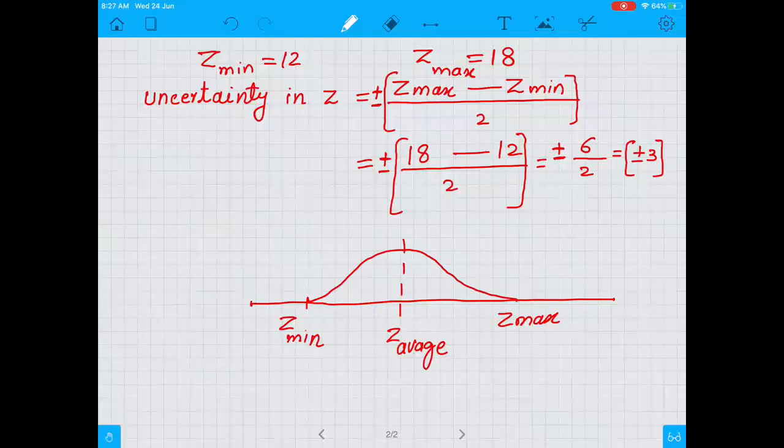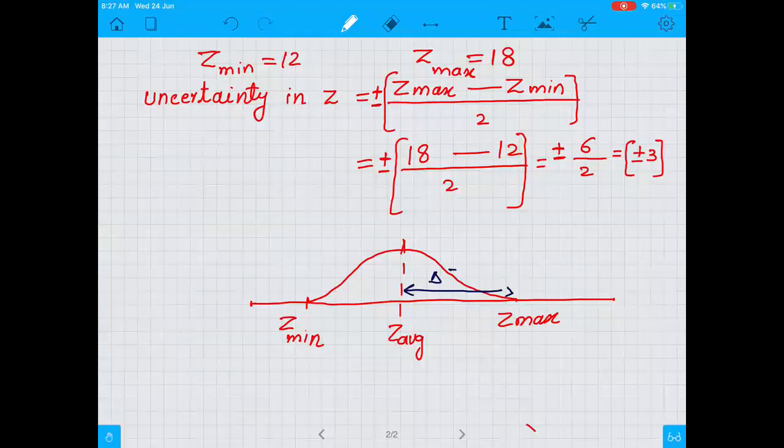So Z average is in the center. If we calculate Z average, it would be 15. Now, this is Z average. If we mark uncertainty on this drawing, then it would be,